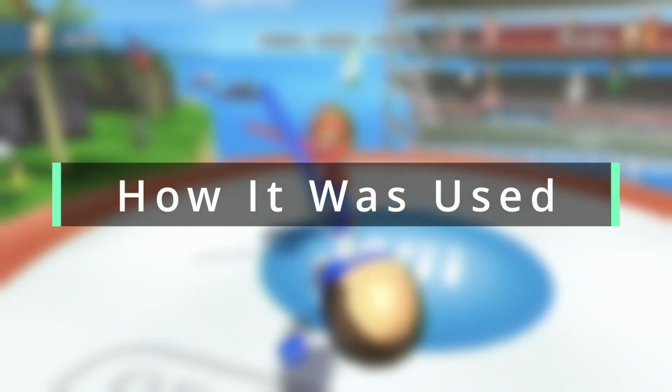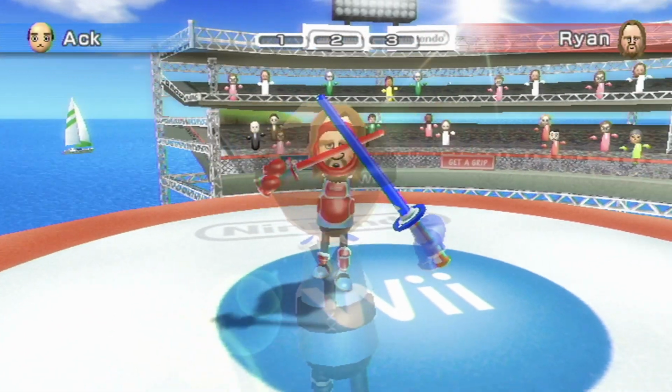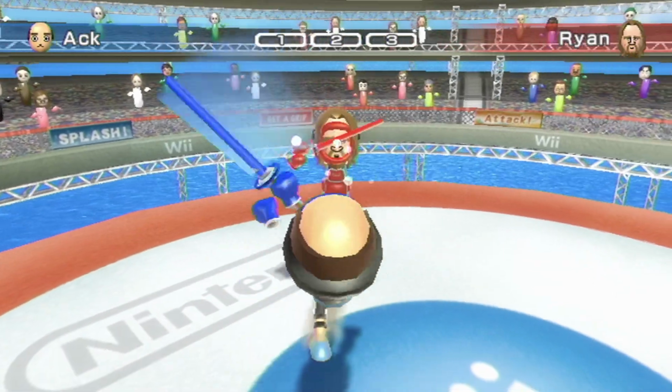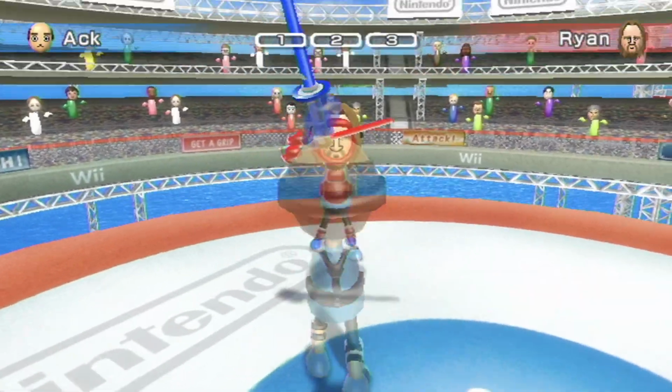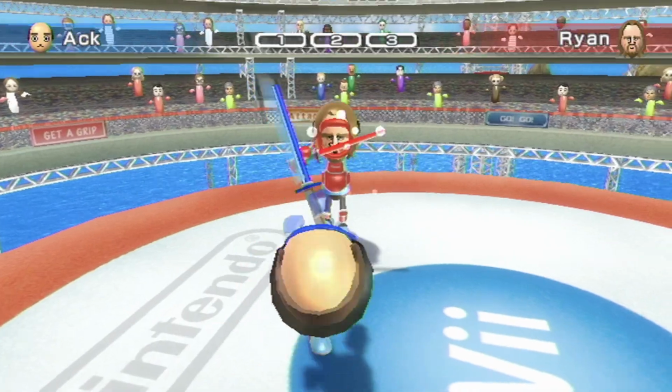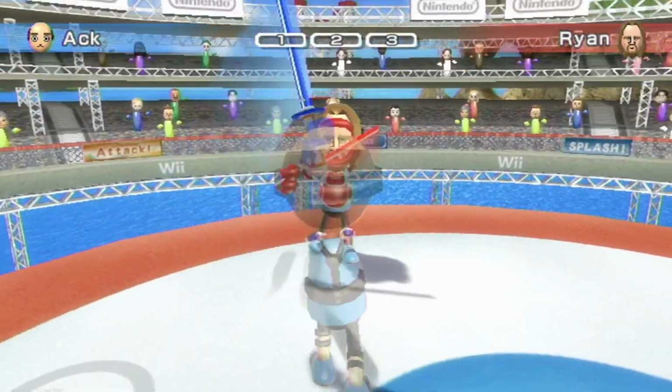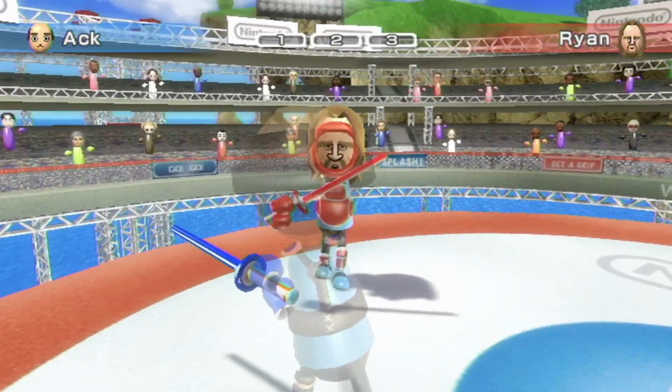So, like I said before, since the Wii MotionPlus was such an important peripheral, it saw what I would consider to be unheard of levels of support for a single Nintendo accessory, which means that I obviously won't be able to go through exactly how the Wii MotionPlus was used in every game that supports it, like I try to do for other videos. However, since the Wii MotionPlus is such a simplistic device in what it accomplishes, I think